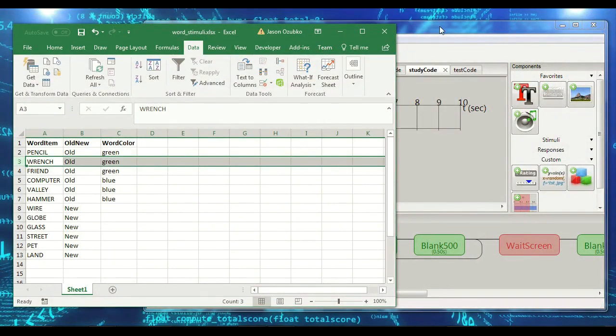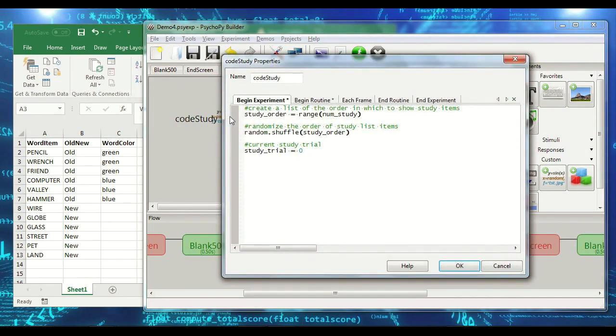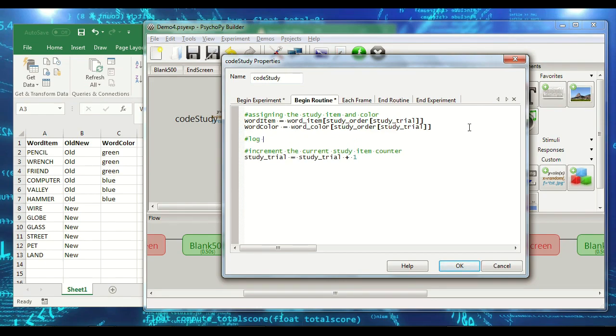Okay, so how do you actually log your stuff? This is a very important step. Do not skip this, or your data files will be essentially useless to you. So we need to log study information to the data file. And you do so with the command